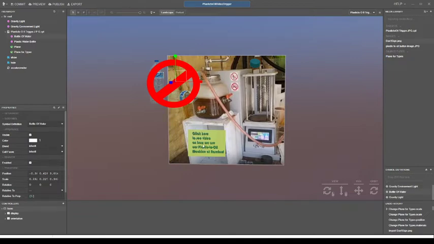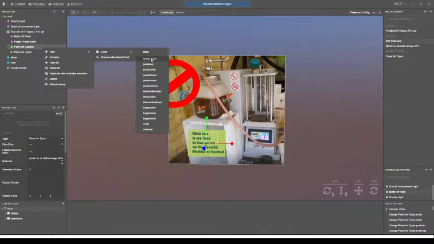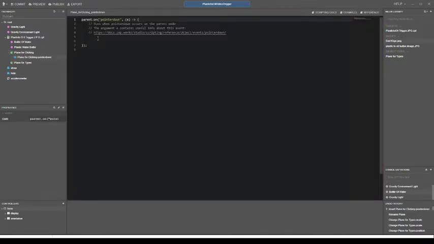Now, as for the clicking, you go to plane. I should rename this too. This is plane for clicking. And in the plane for clicking, we're going to right-click and add a new script, and it's going to be a pointer down script. And the pointer down script needs to have an argument which is z dot